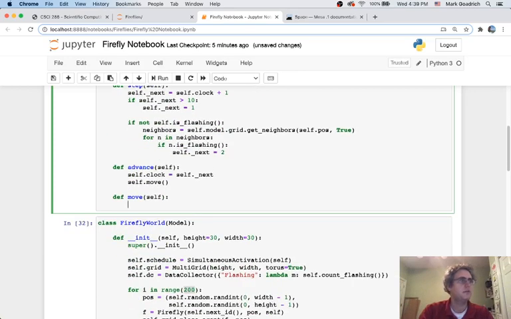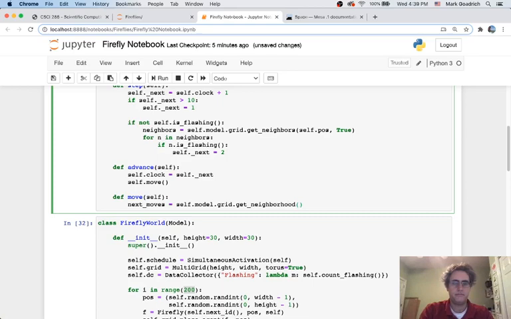The way we're going to move the self is to look at the possible moves, and then we're going to choose one and then put ourself there. Okay, self, let's go get the possible moves. Next, moves equals self.model.grid.get